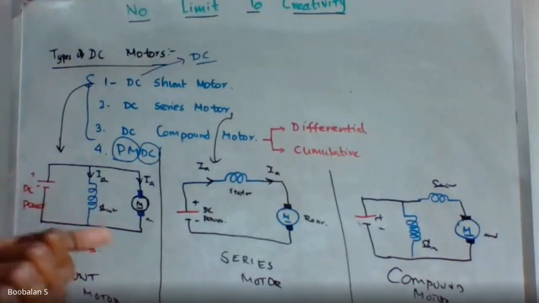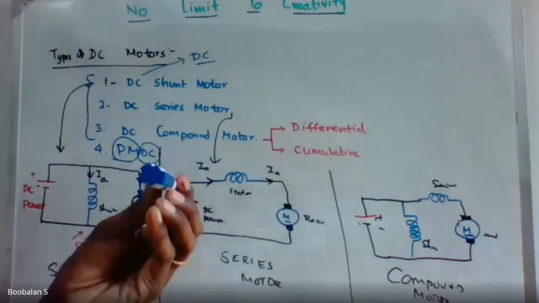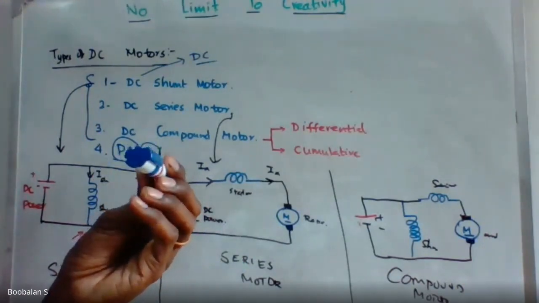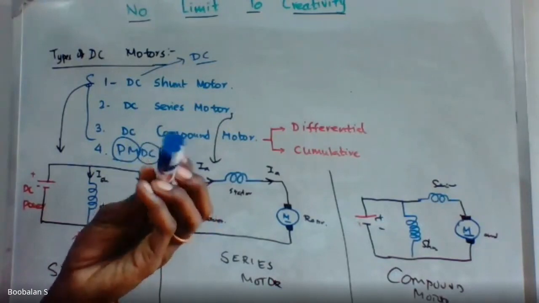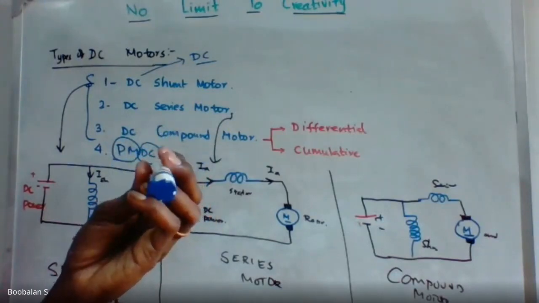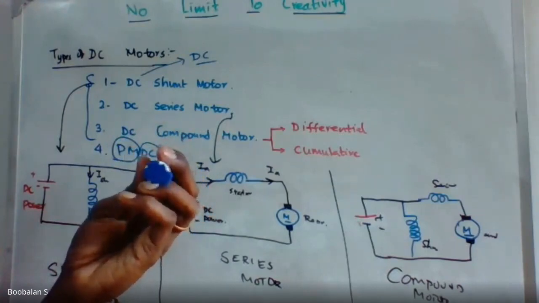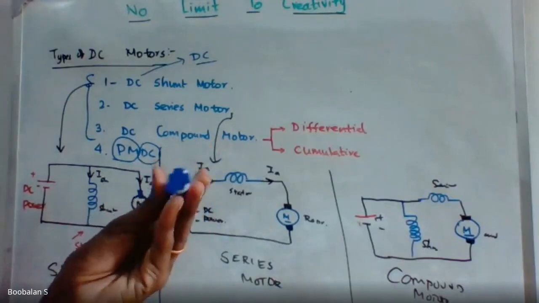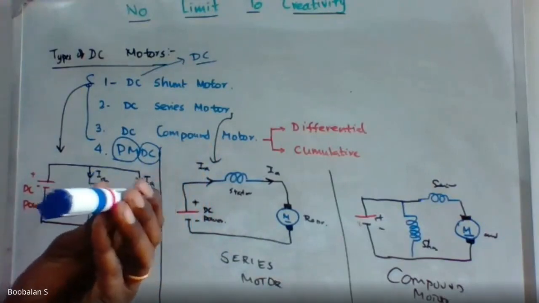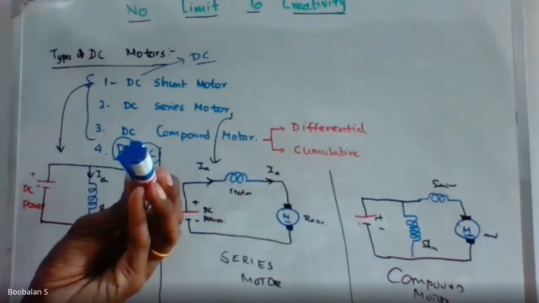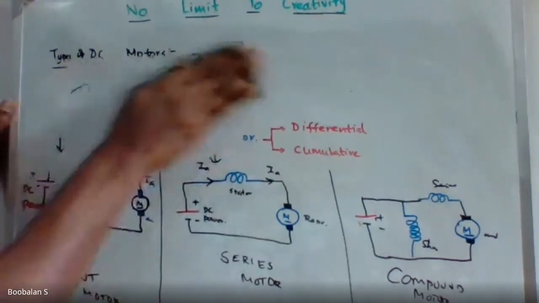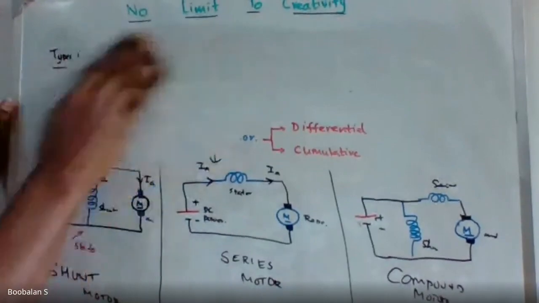Next, looking individually at the characteristics of the individual motors, Kavi has taken the photo, right? So this is my rotating part. If you look at its output, it is torque as well as angular speed, that's called omega. So the mechanical output is speed and torque. The input is my electrical input, and here we are going to discuss its characteristics, right? I need to focus on my torque as well as speed. Both are the output of my motor, so that's why I'm going to discuss the three motors in order.